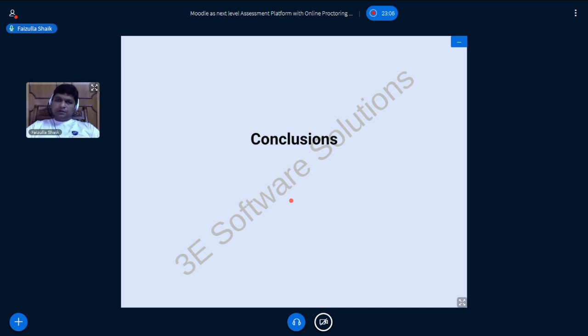So let's say in future versions, if Moodle LMS is made to work with this proctoring capability, then definitely it will be a lot of value to the Moodle ecosystem.